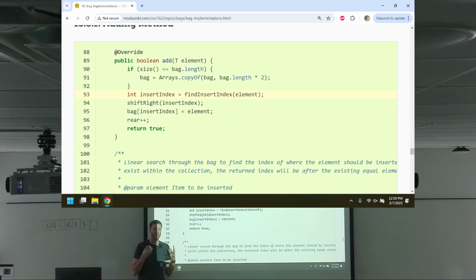Another example of what I think is, at this stage you are definitely capable, if I said write a single method, don't do any fancy helper methods, write a single method to add to an ordered, sorted array index bag, you could do it. You could write all that logic out, including expanding capacity. But look, if I'm out of room, expand capacity. Find where it goes. I could write the logic to do that, or I could call a method that does it, and look how much cleaner that is. Shift right, add it, increment, return.